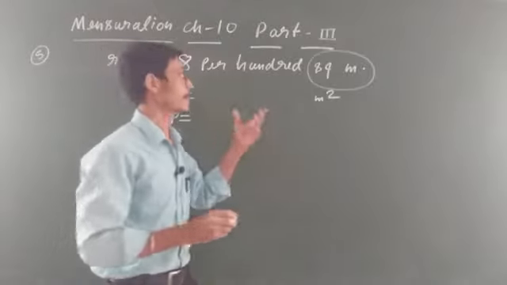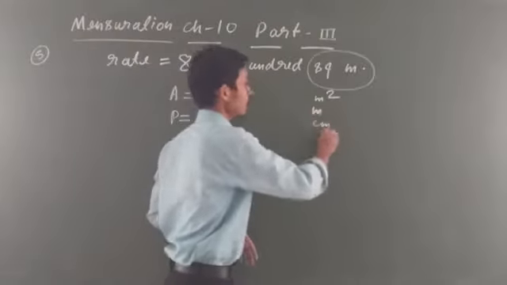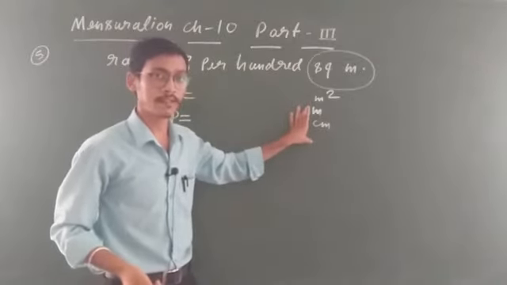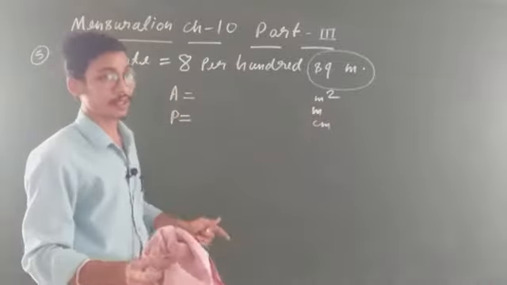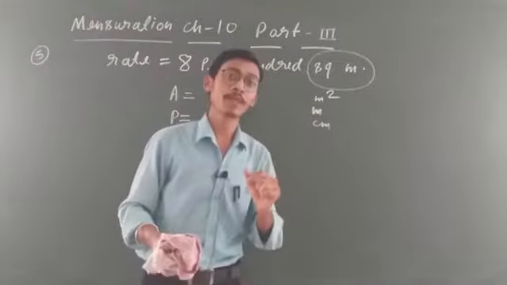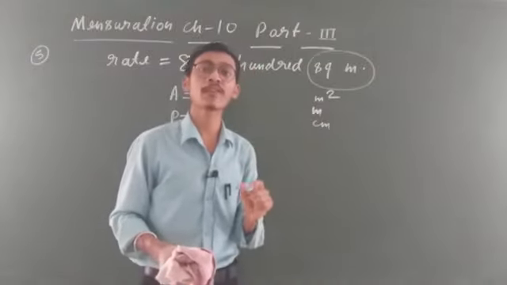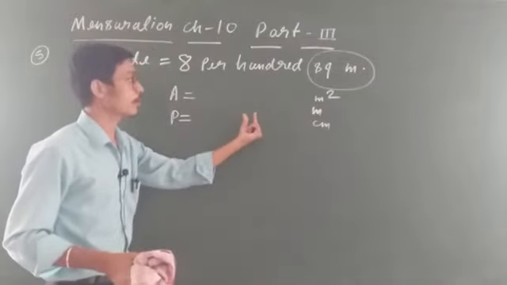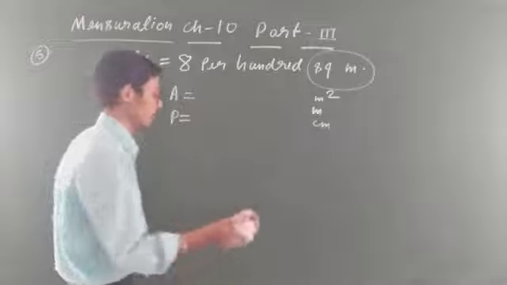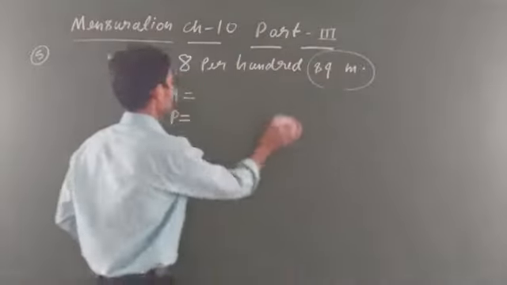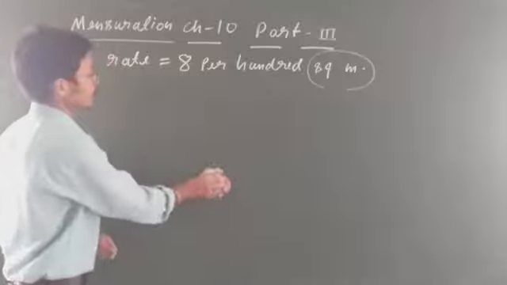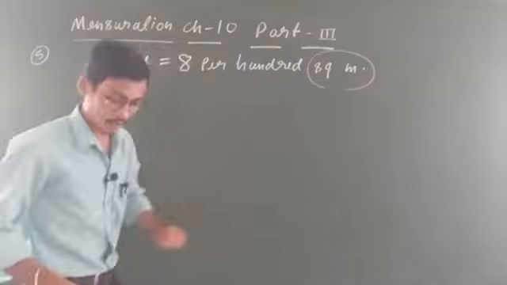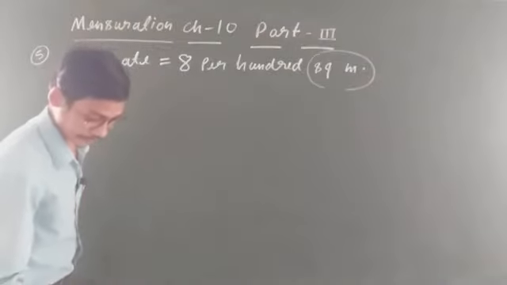Yesterday I explained, next thing: if only meter is given, or only centimeter, you know you have to find out perimeter. Is that clear, student? The unit of perimeter is meter or centimeter, but the unit of area is meter square or centimeter square, because you multiply two times and the power will be 2. So in this question, one thing is clear: we have to find out area, because square meter is given.